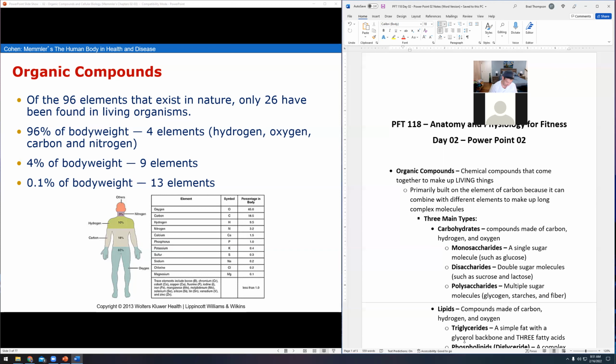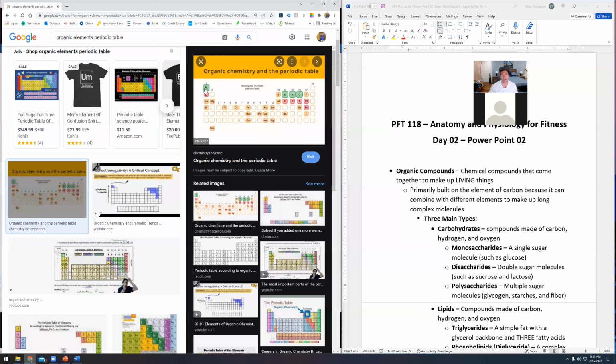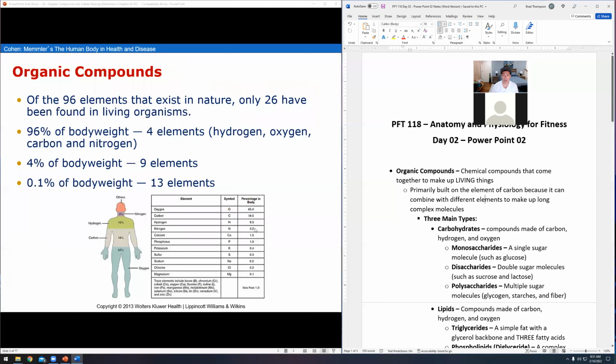But when we say organic, what we actually mean in the realm of chemistry is the elements that bind really well to carbon, and carbon itself, right? Take a look at the periodic table here. Hydrogen, carbon, nitrogen, and oxygen are the 4 elements that make up most of us, about 96% of our body weight. And most of that is because hydrogen and oxygen are how you get water, right? H2O. That obviously makes up a huge part of us, but another 4% of